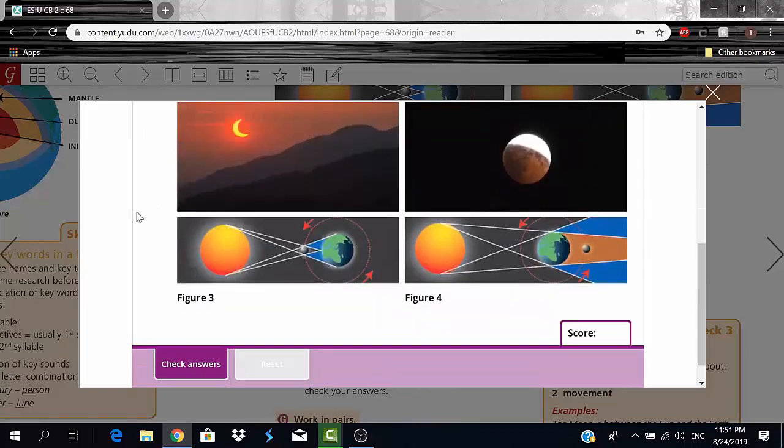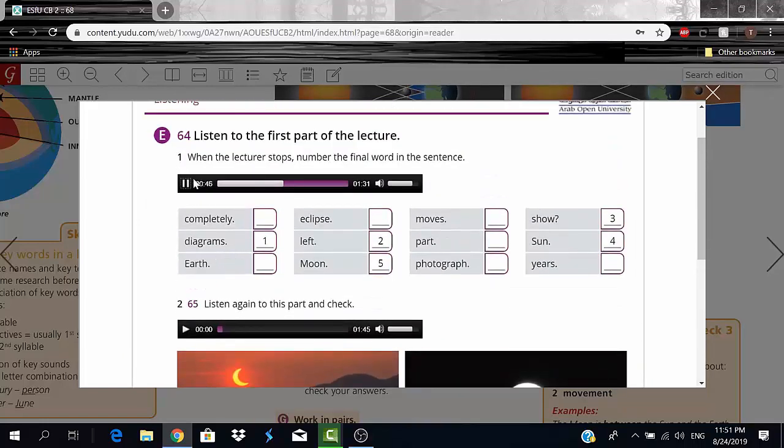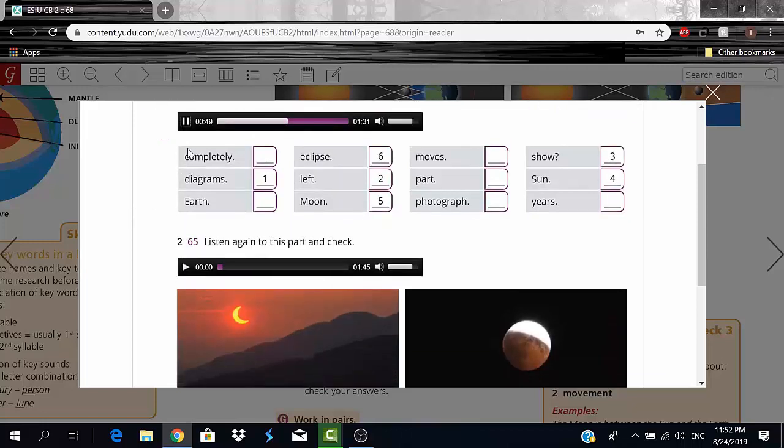6. The moon is moving between the earth and the sun. We call this natural event an eclipse, 7, okay? This is called an eclipse. That is the definition of an eclipse, okay? So number 6 will be an eclipse, all right? This is an eclipse of the sun. Eclipses of the sun happen every 18 months somewhere on the earth, right? Because that is the only place where we live, so it happens on the earth.